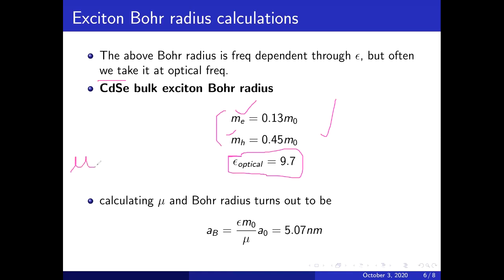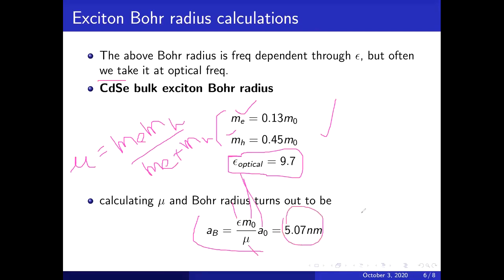Mu is the reduced mass, which is Me Mh divided by Me plus Mh. I hope you know this two body interaction. You must have studied it in classical mechanics. So you can find the mu, and once you find mu, then using this expression, epsilon is known, M naught is known, the Bohr radius of the hydrogen atom is known, and mu you can calculate, and it turns out that